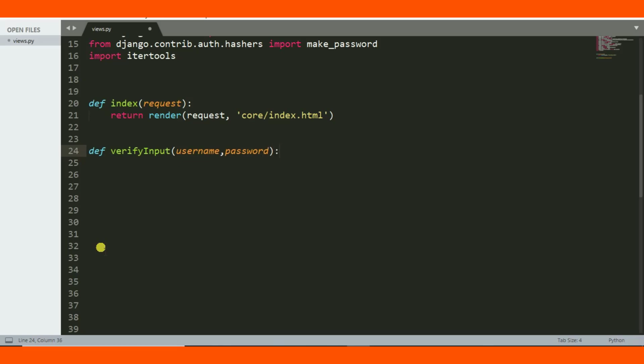Inside the function, I'm creating a Python list for capturing all errors after the user submits a form. If an error occurs, it will be stored in error, which is a Python list. I hope you know how to deal with Python lists. So here I start by checking the conditions. If the length of username